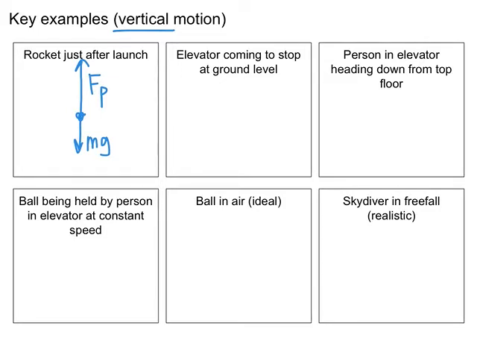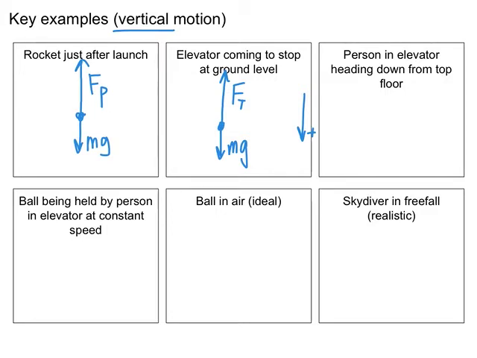If I have an elevator that's coming to a stop at ground level, so it's coming to a stop and its motion is downward, so I would be thinking about down as my positive direction. There must be less force down than up if the object is coming to a stop, if it's slowing down. And so the weight is still going to be down here, but some sort of upward force. In this case, since it's an elevator, I'd probably think of it as a tension force or a cable. It's possible that there's some friction, but the problem doesn't really specifically mention it, so I would not include it